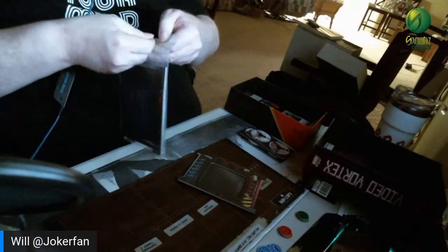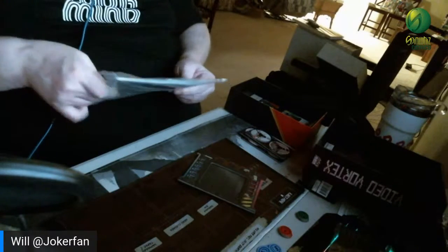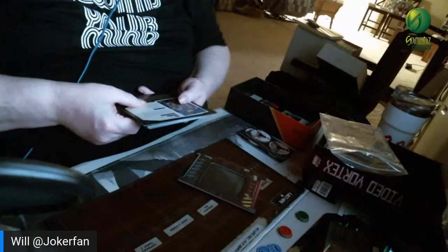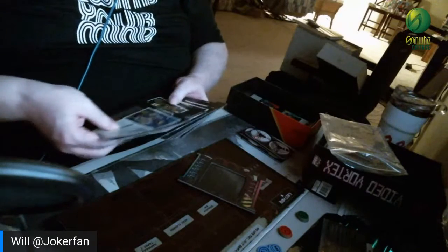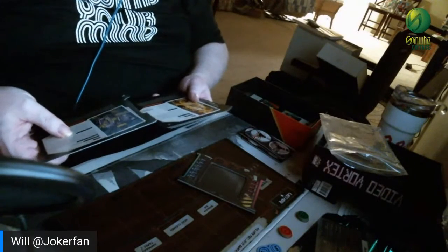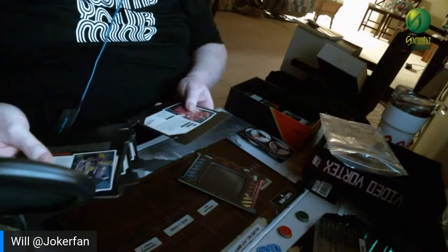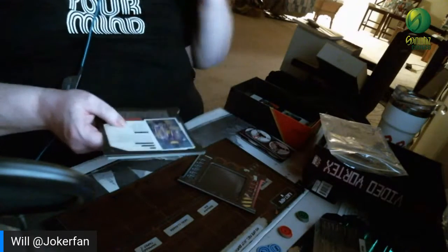This bag has all of the mutants. Of course, we're going to show the video in a minute, and it's got a whole bunch of different mutants. They recommend, so there's medium mutants, low, medium, high, and that's the complexity. Okay, so they recommend when you start off, until you get the hang of the game,